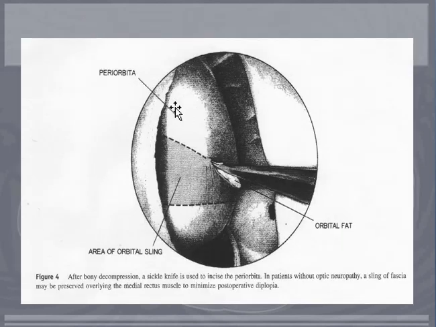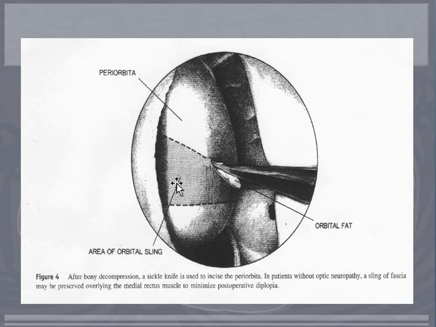Now here you can see this is the periorbita, this is the area of the orbital sling, and this is the orbital fat protruding. So after the bony decompression, a sickle knife is used to incise the periorbita. In patients without optic neuropathy, a sling of fascia may be preserved. So this is a sling of fascia which is preserved